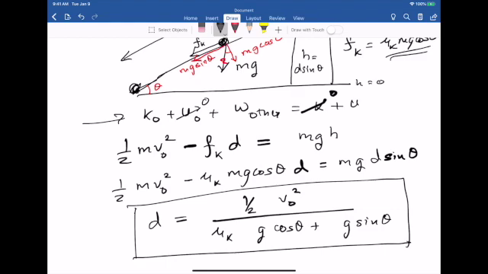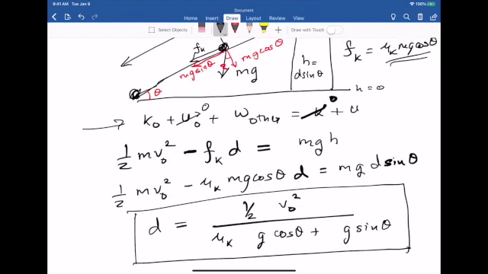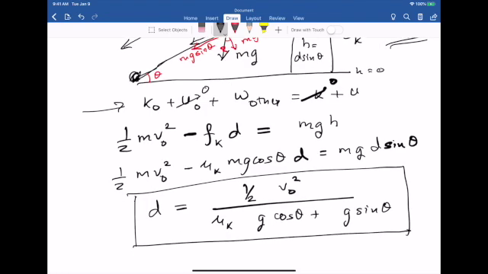We had to do a little bit of work in the beginning to figure out the fact that Fk is equal to mu k times mg cosine theta. But once we figured that out, the rest of the problem was just very easy. So that's what I meant when I said that energy techniques are the most powerful and they make it easiest to solve certain problems. Okay, so we have pretty much covered all the ideas in chapters 6 and 7